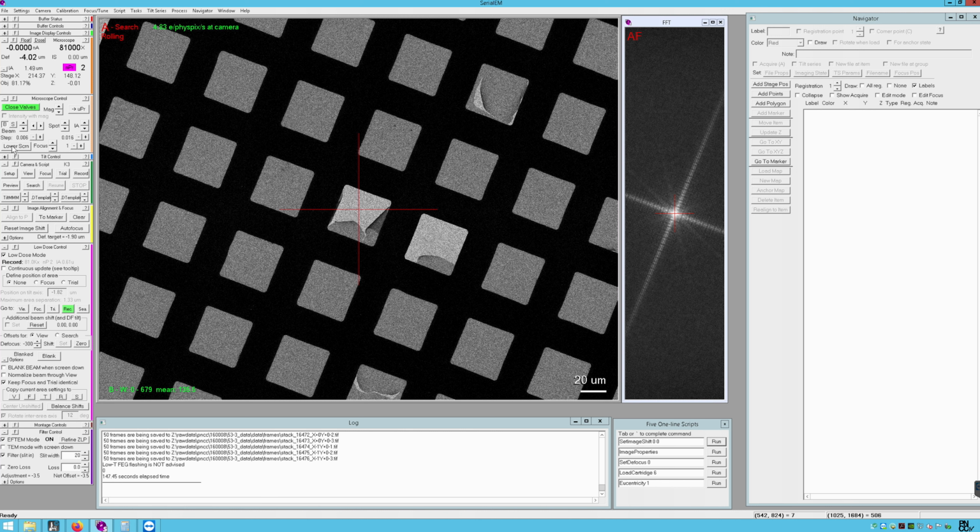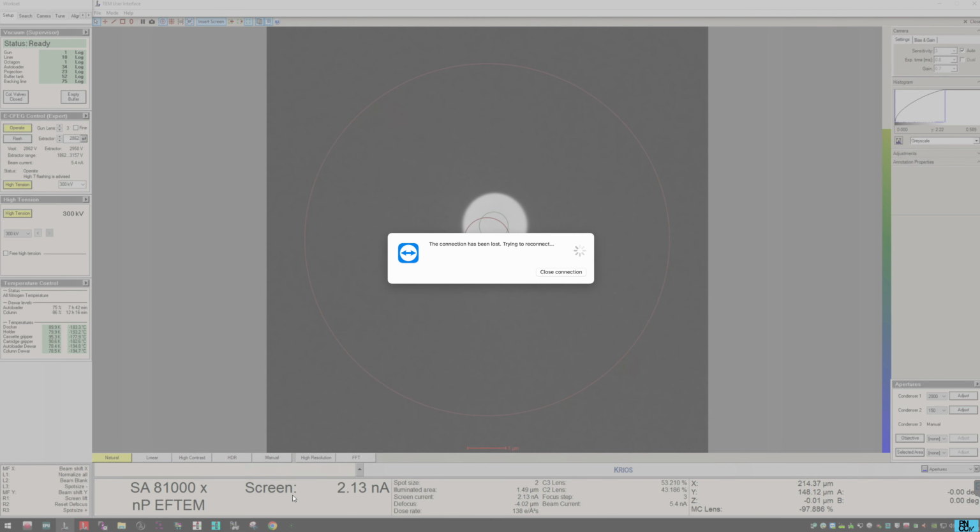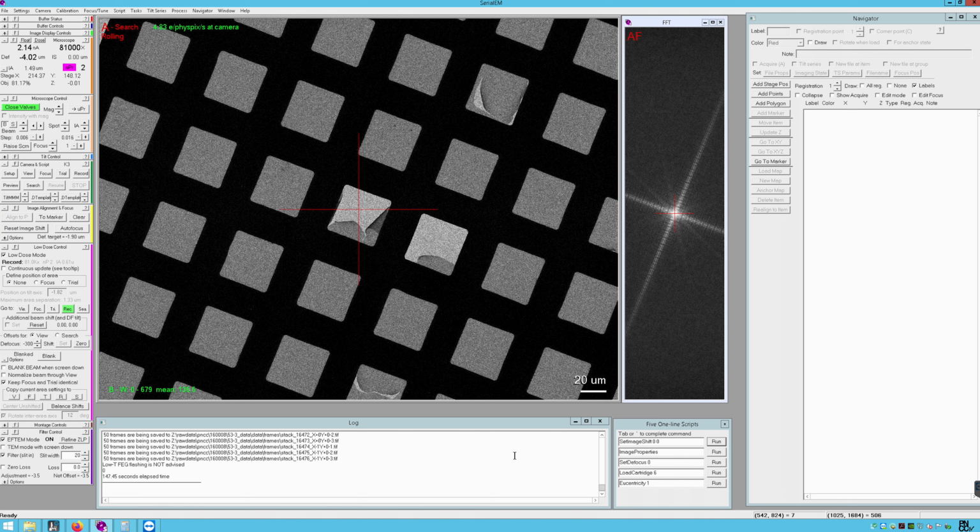And what I can do is lower the screen and let's see what the screen current is. So here we go. My screen current reads 2.13, 2.15 nanoamps, and I want a value that's greater than 3 nanoamps. And what I can do is lower the spot. The spot's the C1 lens, and so I can do that with the hand panel. Oops. Or